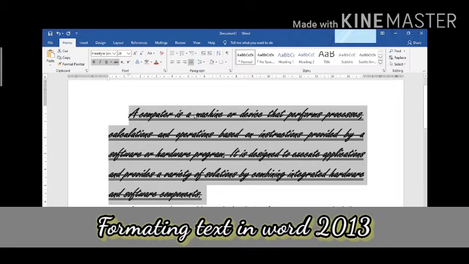Click on this ABC and your paragraph will be struck through. One thing should be noted: this paragraph is selected in the background. If it is not selected, then these options won't work. Like this, the strikethrough option is done.